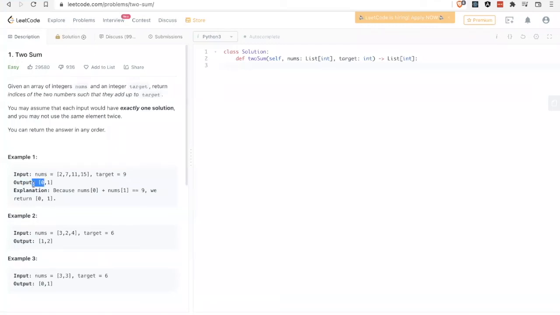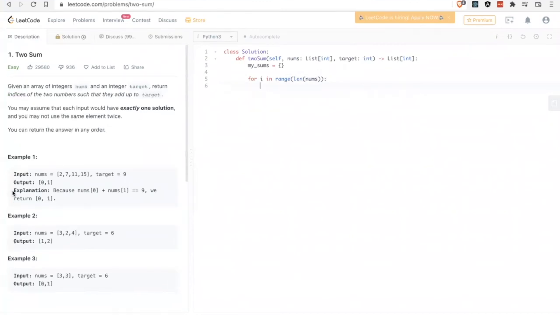We'll also keep the index of whichever number is stored in the hash table, as well as the value, and then the number itself will be the key. So we'll have a way to keep track of both indices. So I'll just create a hash table first. And I'm going to iterate through nums.